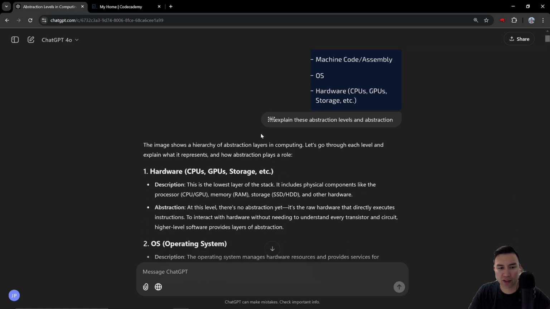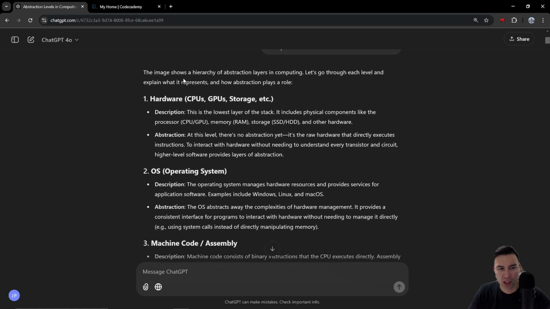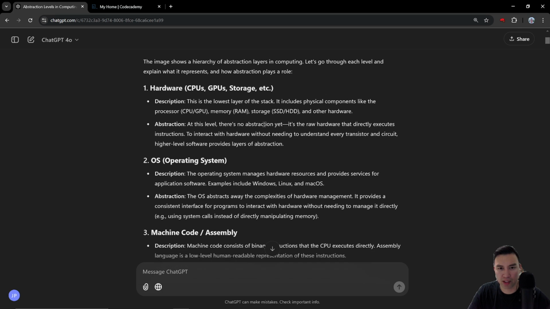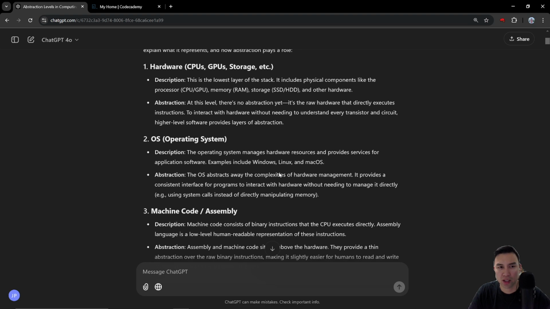These are the different abstraction levels. So hardware, again, is the lowest layer of the stack. It includes physical components like processors, memory, storage, and other hardware. If you watch my video on how to run an LLM on my PC, you could tell that the CPU and the GPU make a big difference on the type of model that you can run on your machine.